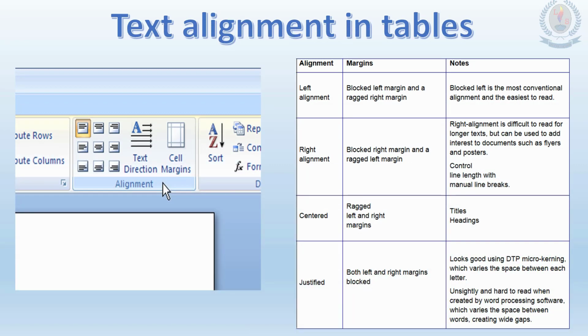Once you take one cell, you can align text within the cell. So these are the alignments you can have in the table. You can center, left align, right align. When it comes to center, you can center from 3 positions. So these are the tabs that you use to align the text in the table. Now here in the alignment column, that is center align. In the margins column, that is also center align. In the notes column, that is not center align, some are.